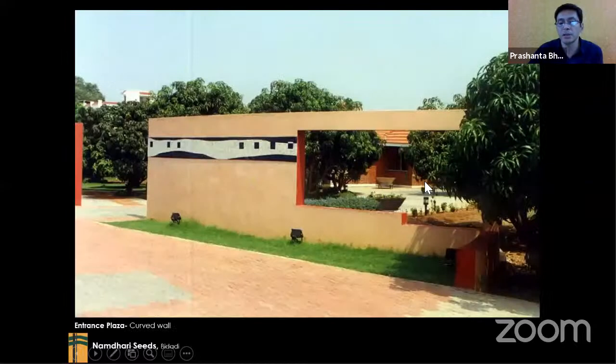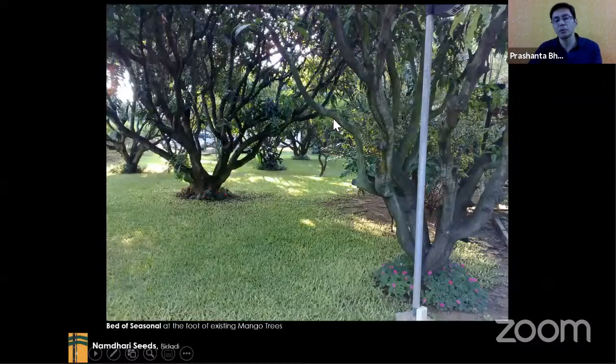So that's actually the dining hall. We made that cutout to see the dining hall, and then screened some of the other buildings that we didn't want everybody to see. Of course, there are the trees, and the existing mango orchard, because as I said, they have the seasonals available. We had the impatiens planted at the base.